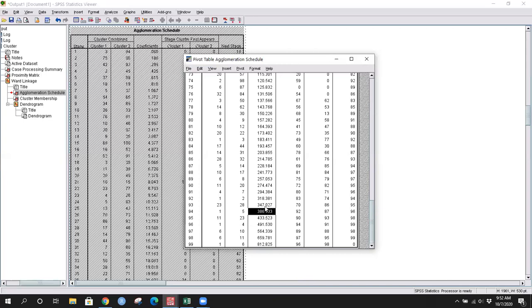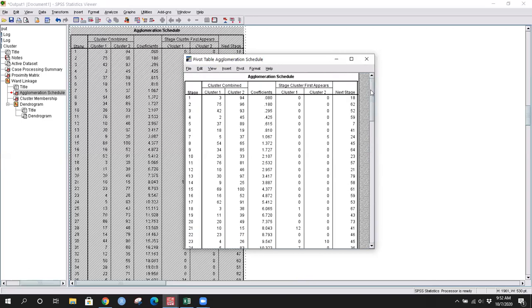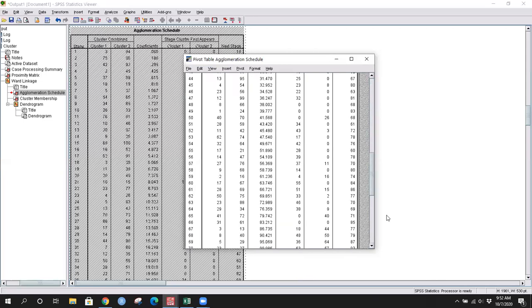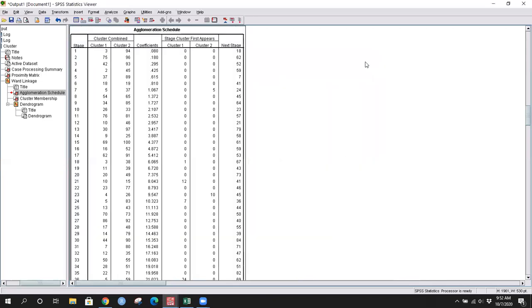ठीक है. So in a way, I'm gonna take this data to Excel and perform the stopping rule. So for that, I'm gonna do that in the next video lecture. Okay. So for now, just try to understand how hierarchical cluster analysis is proceeding. It proceeds from n to 1. ठीक है ना? So it starts from each individual as a different cluster और धीरे धीरे सबको ऐड करते करते सबको एक ही क्लस्टर में डाल देगा. ठीक है ना? Now we need to have a stopping rule. हम कहाँ पे रुके और हम बोले कि अच्छा ठीक है हम 3 cluster solution के साथ चल रहे हैं या 4 cluster solution के साथ चल रहे हैं. For that, I'm going to take up in the next video lecture.